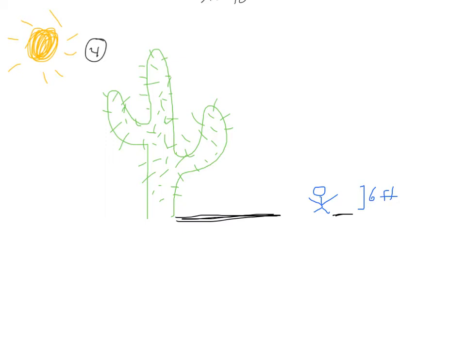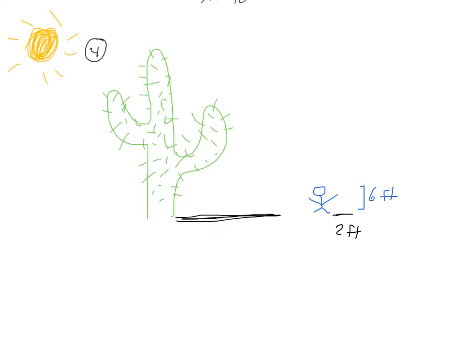So let's say you look at your shadow and you lay down next to your shadow, and you're like, that shadow is approximately 1/3 of my height. Okay, which would make your shadow then 2 feet. Okay, and then you go next to the cactus and you start laying down at the base of the cactus